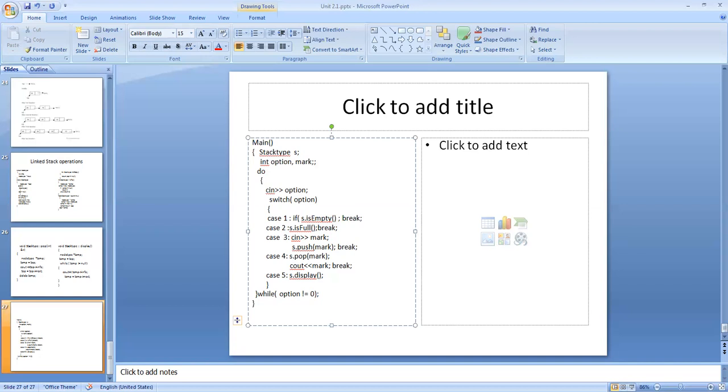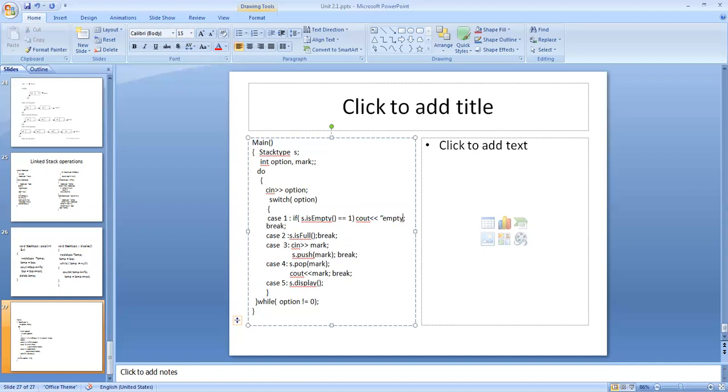If is empty is equal to 1, cout empty stack.